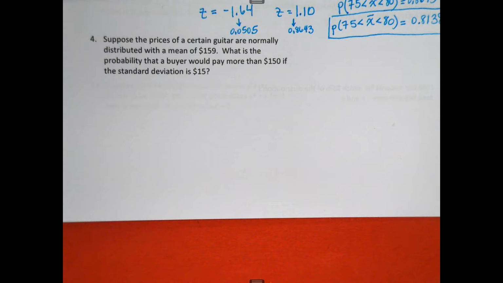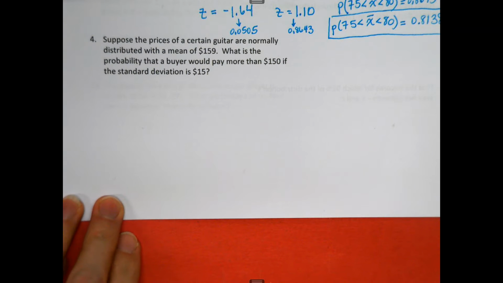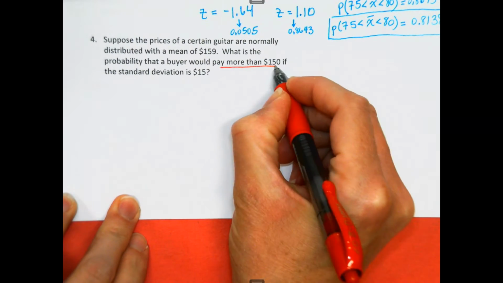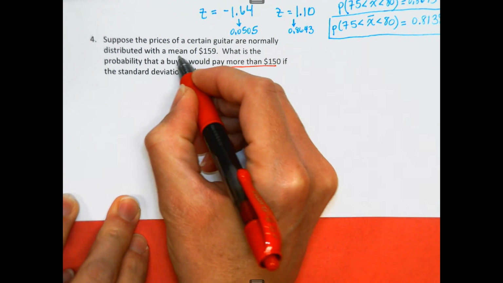Suppose the prices of a certain guitar are normally distributed with a mean of $159. What is the probability that a buyer would pay more than $150 if the standard deviation is $15? Since it says that these are normally distributed,